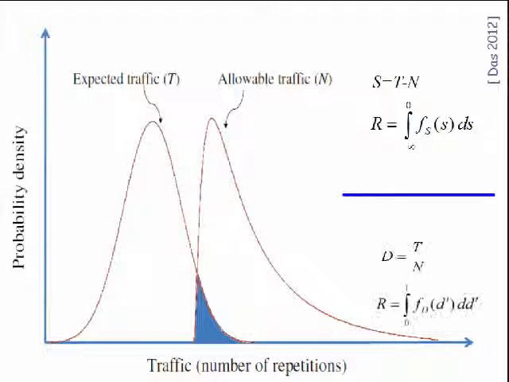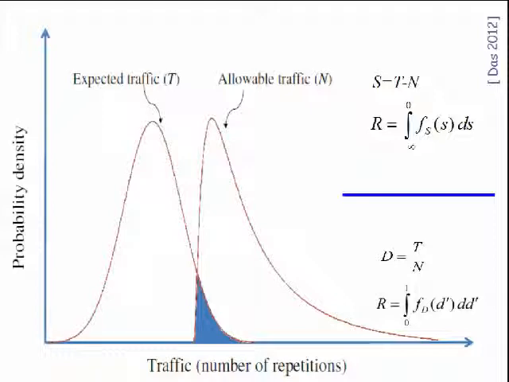And there could be another definition. This is damage factor T divided by N, and the reliability could be like this. If you do derivations, you can mathematically prove that no matter what the distribution of T and N are assumed to be, you can find the same value of the reliability in both the cases. So therefore, my point now is that instead of doing the deterministic design, it would be